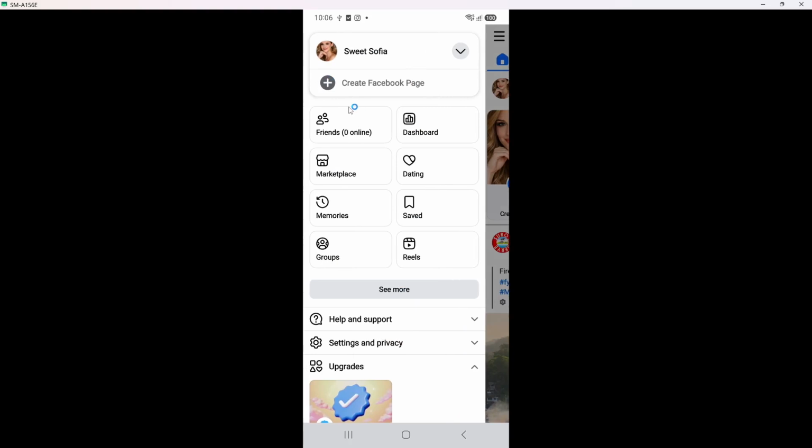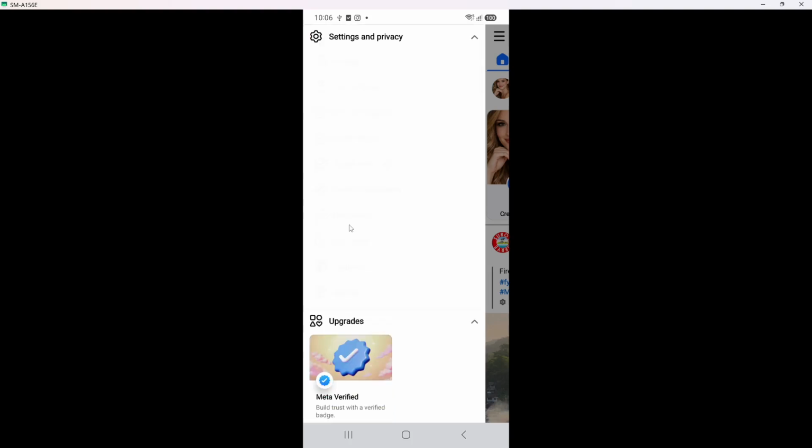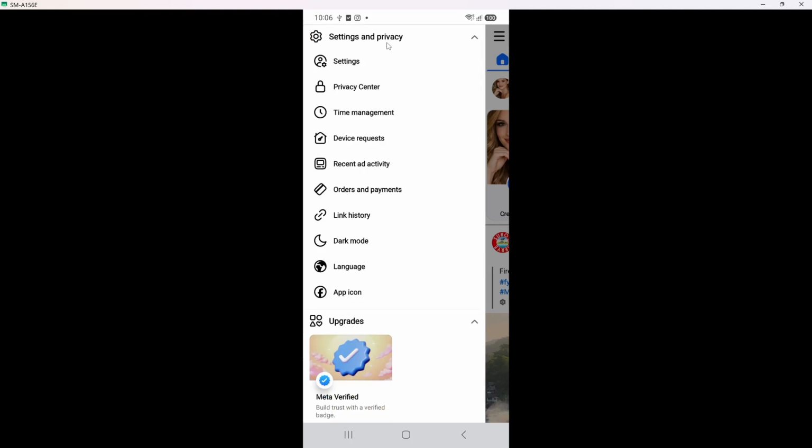When you tap Menu, you should see a new screen with your profile picture, shortcuts like Groups and Marketplace, and a list that includes Settings and Privacy. Next up, tap Settings and Privacy. This will expand a small panel. Instead of taking you to a whole new page, you will see extra options appear right under it, including Settings. Beginners sometimes miss this and think nothing happened, so check for that small list opening up.